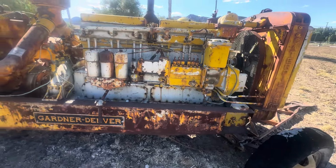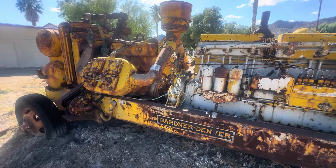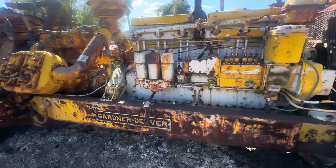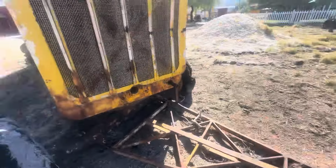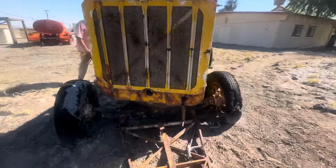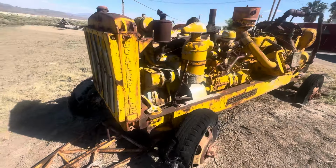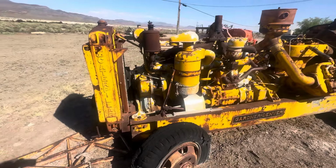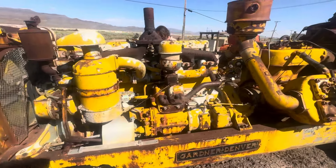It was originally used out at my mines and wound up going over to the talc mines, and Pfizer donated it out here, and now it's kind of in the way, and we're going to take it up and give it a good home and do some restoration work on it. It should represent the biggest piece of equipment to come back to the mines, but should be home, and we'll take